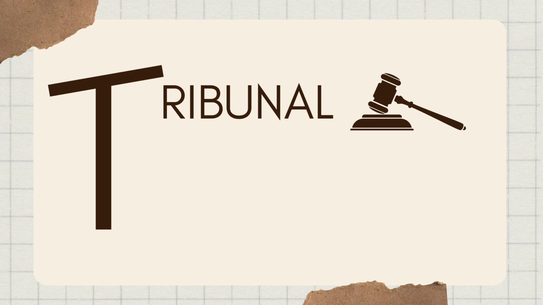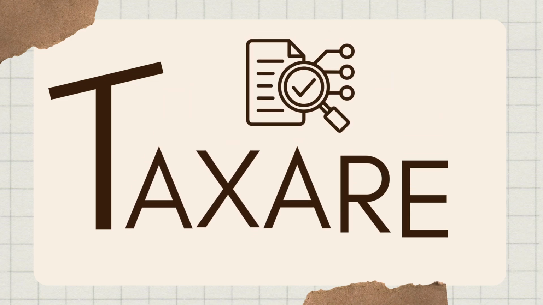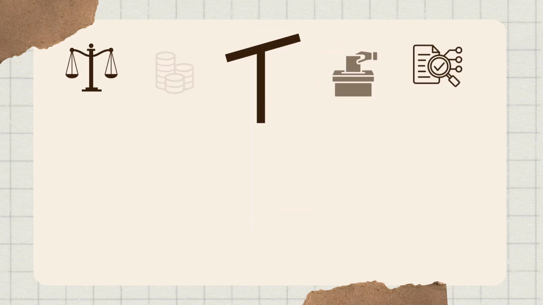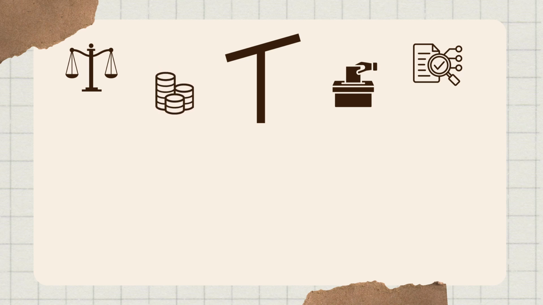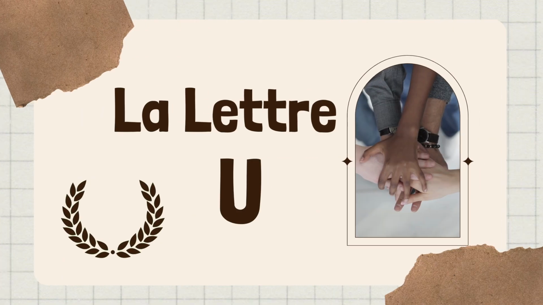In the court, there was also the tabela, or tabula, the ballots handled to the judges used for delivering verdicts or electing a candidate. Similarly, there's the verb taxare, which means to evaluate or to assess. Thus, the letter T remained unchanged both phonetically and graphically and retained its acropictographic value as it transitioned from Greek to Latin.